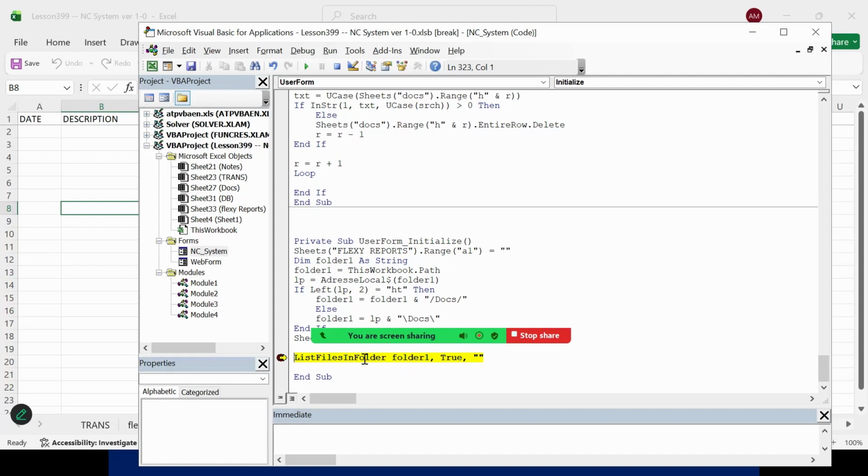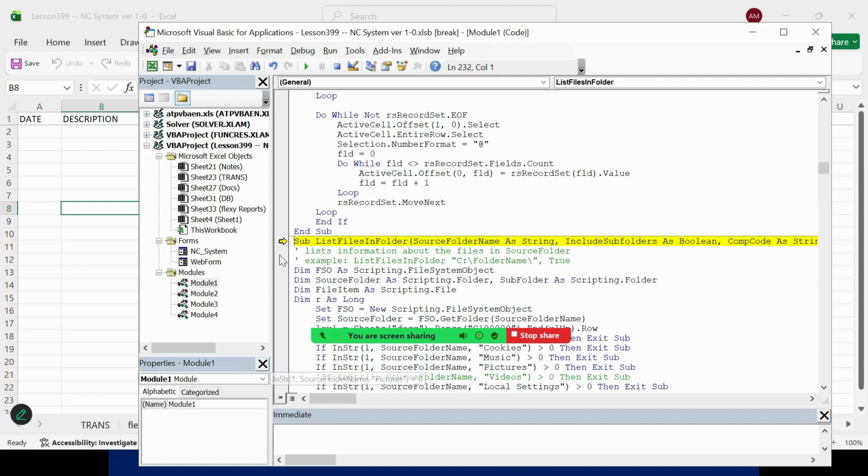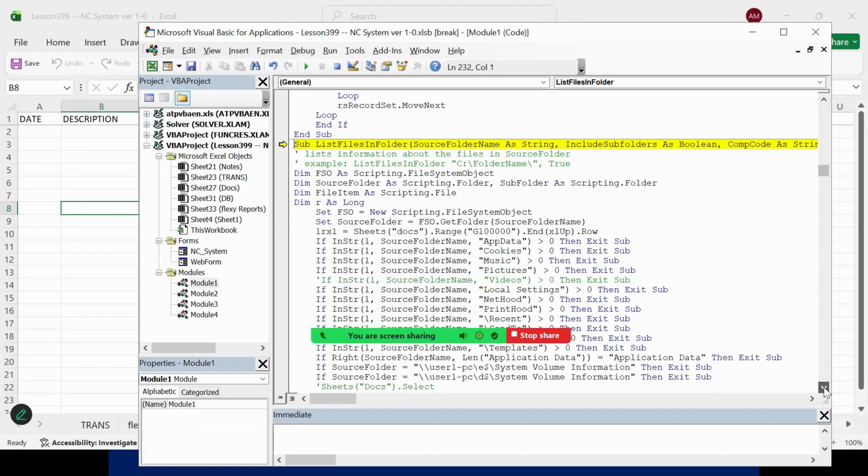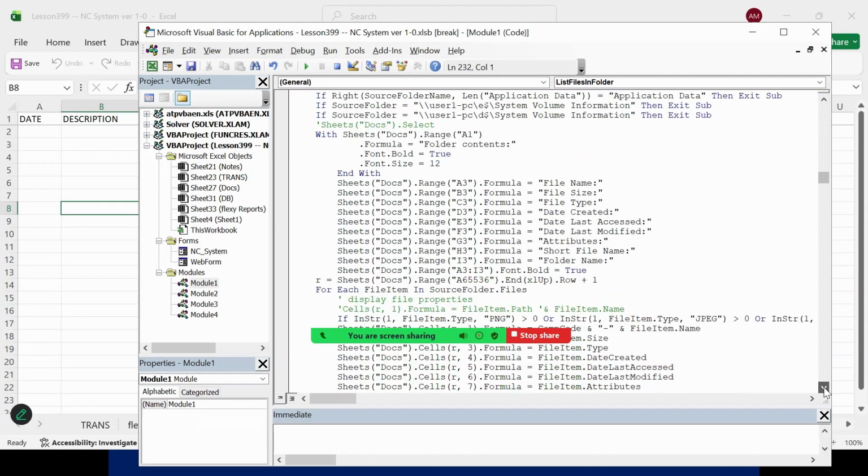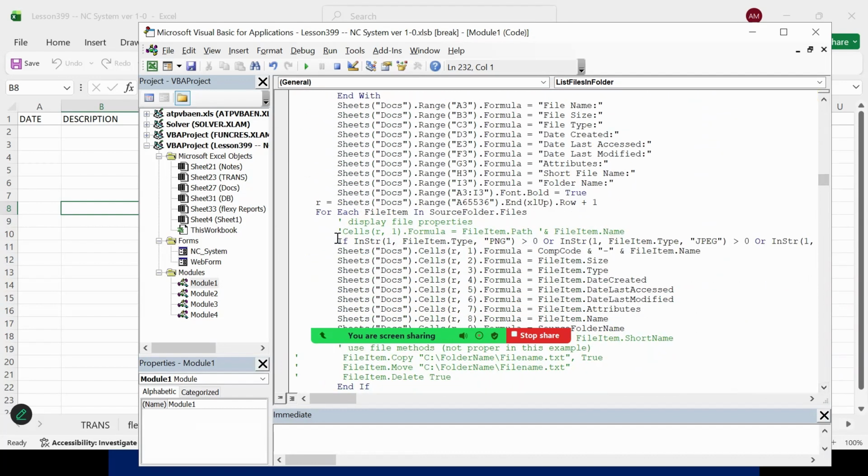So what is it doing? What is the cause? What makes it display all the names? That is the doc sheet, which is filled in, right? The doc sheet is first of all cleared, and then it is refilled, right? So let's press F8, and you see this is the procedure which is taking the source folder from where we are taking the file names, and here is the procedure which gets you all the file names,